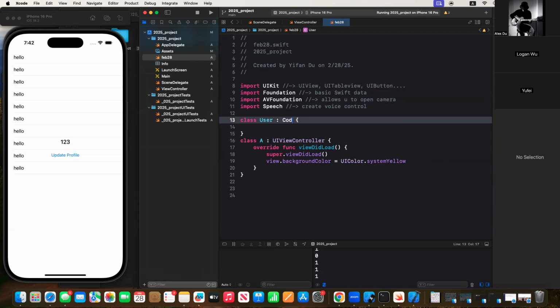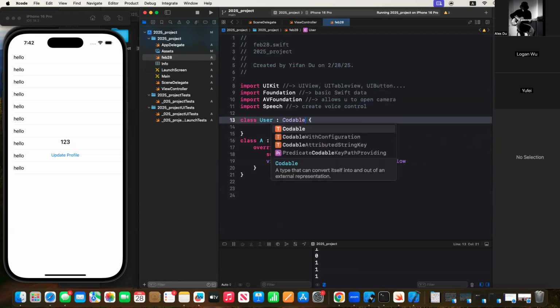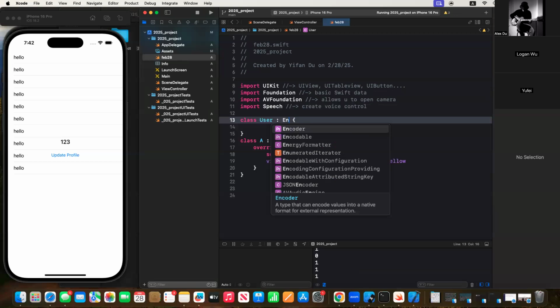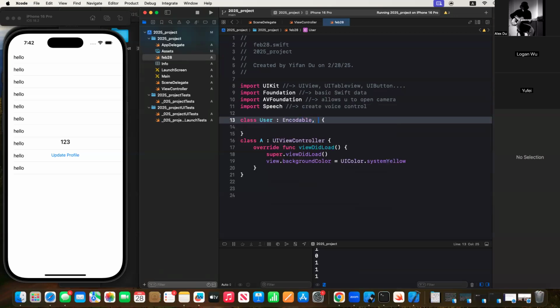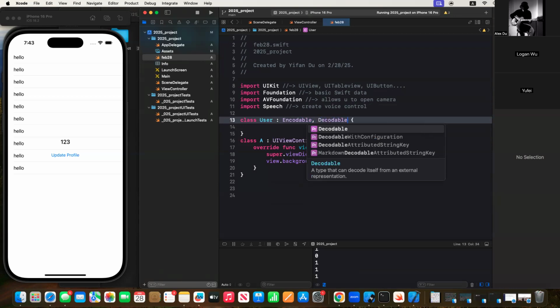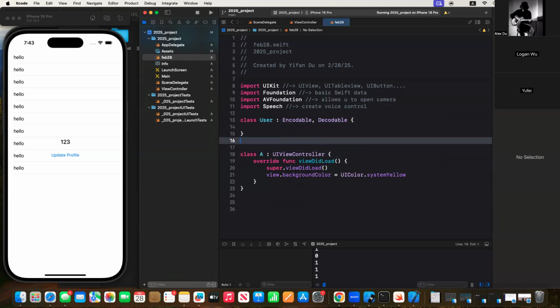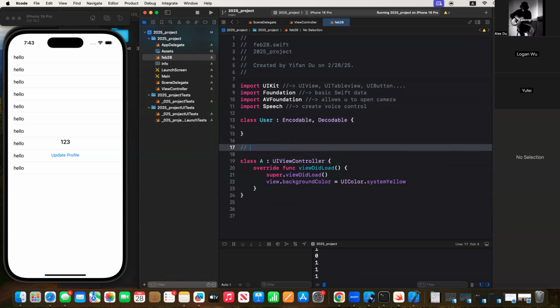But you have to understand one thing for sure. Codable is a combination of Encodable and Decodable. But currently, I'll just use Encodable and Decodable. All right. And why we need that? So I'll be showing you that a bit quick in the future, maybe right now. So basically, all right, so